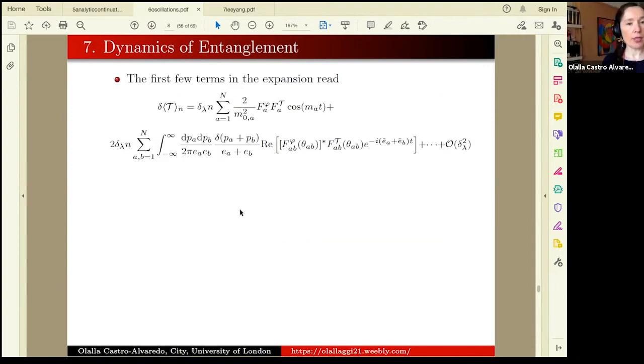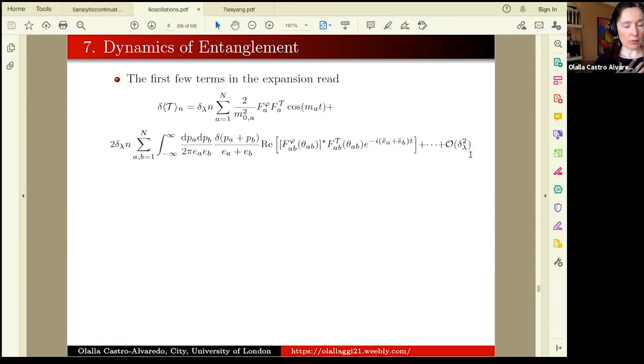If you write those contributions a little bit more explicitly, you see that from the 1 particle form factor, because 1 particle form factors are theta independent, integration can be carried out. And what you get is a sum over particle types only, and you get cosines in time. So you have pure oscillations there. And then the 2 particle form factors will give some integral like this that looks pretty complicated,